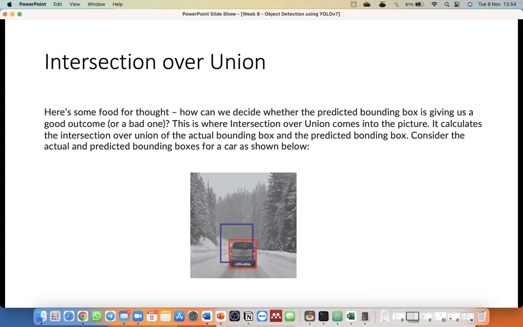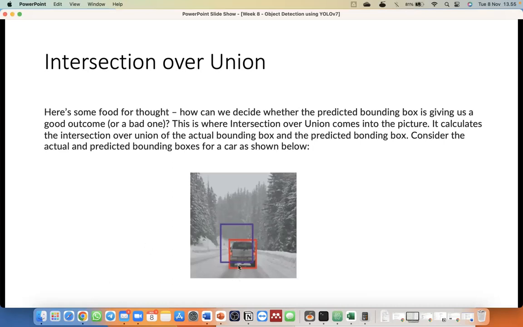So one of the methods for assessing the performance of our object detection algorithm is intersection over union, or IOU. IOU is for assessing whether our object detection algorithm has good performance or not.